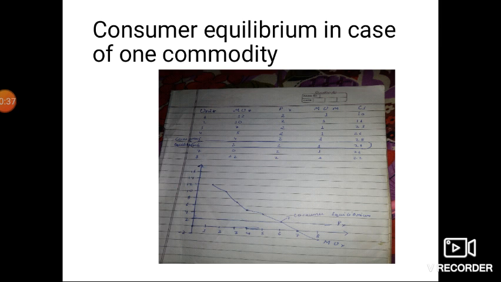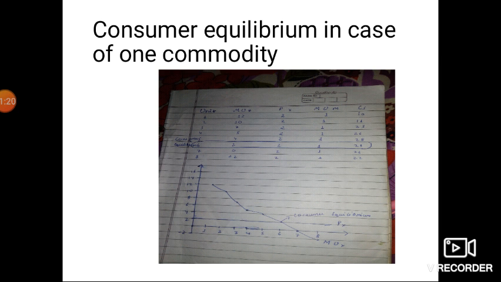or we can say how a consumer determines how to consume different units of a commodity. Remember, there are some assumptions. First of all, a consumer consumes multiple units of a commodity, and all the units are homogeneous or identical. They are the same in color, same in size, and same in taste, and there is no difference at all. Now, how does a consumer determine different units of a commodity?